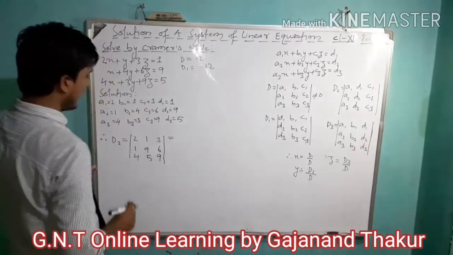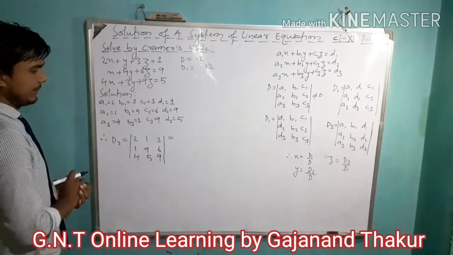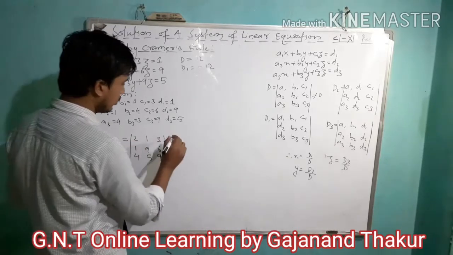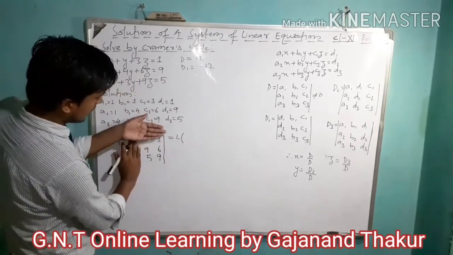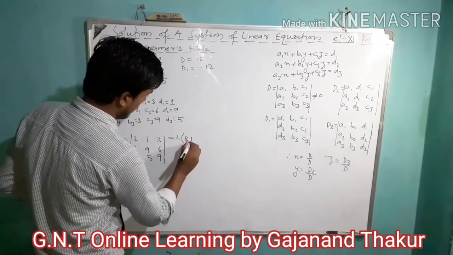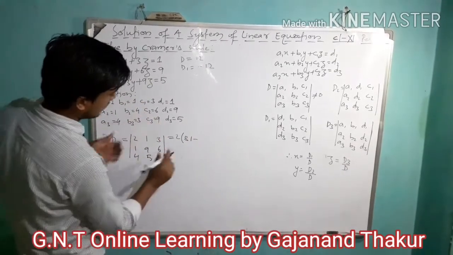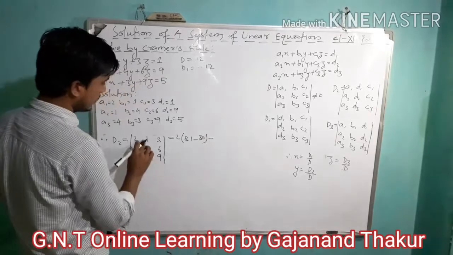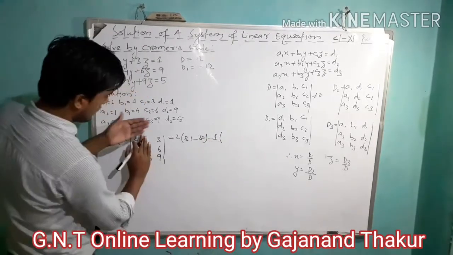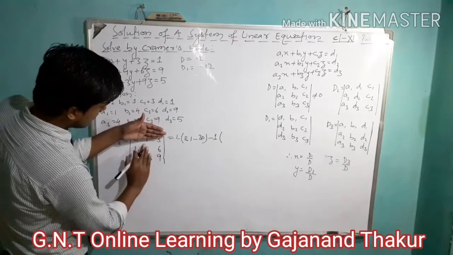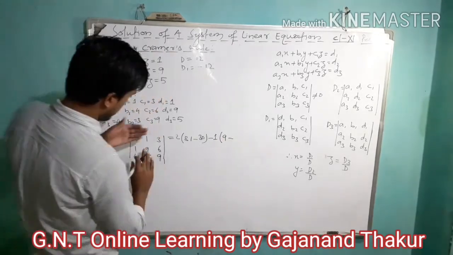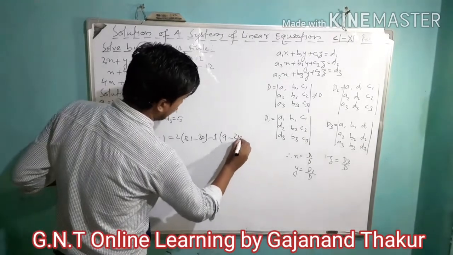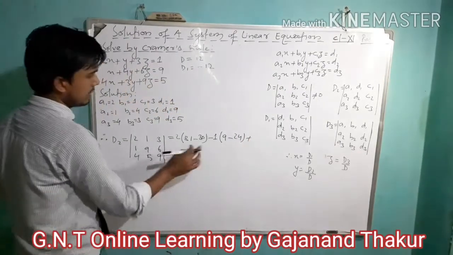Now we'll find the value of the determinant of these elements, right? So what we do, we'll expand it using row one, right? So this 2 as it is, right? Now we'll hide this one. So it will be 9 nines are 81, 81 minus, we are hiding this, 5 sixes are 30, right? This 30 we'll write here. Now here we write plus, then here will be minus, this 1 will be here, 1, right? Now this part we hide here. Then 1 nine is 9 minus, 4 sixes are 24, we'll write here 24, right? Then we'll have plus here, plus, here minus, then here plus.